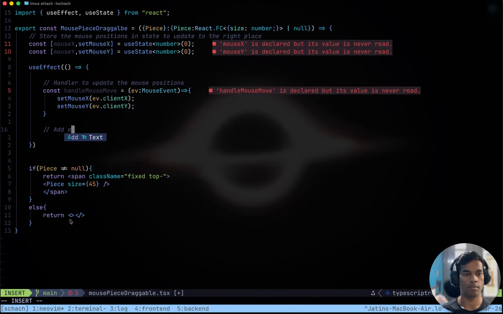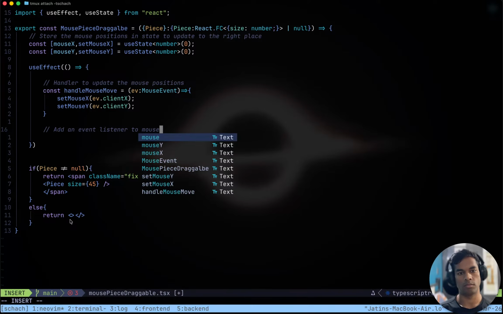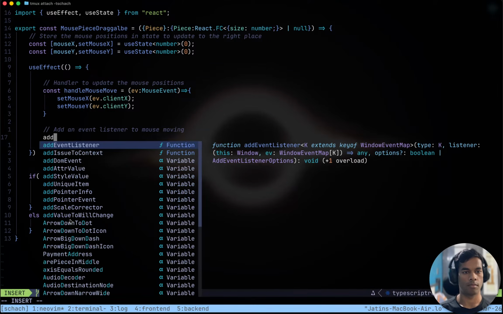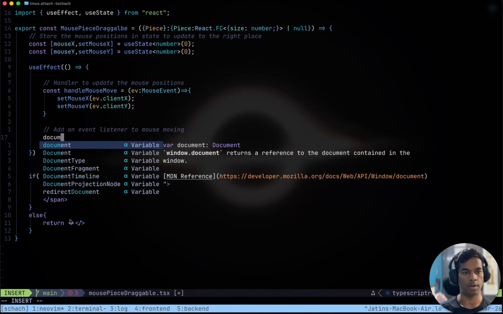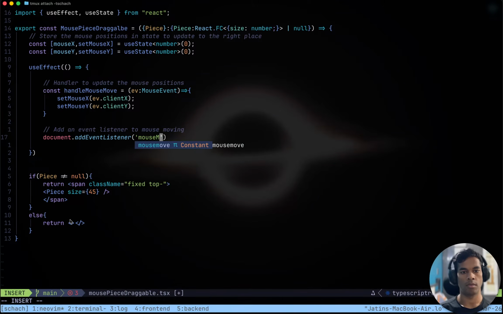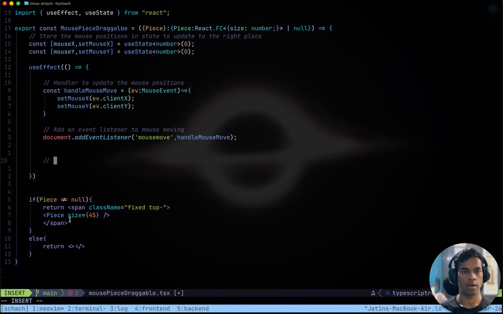And an event listener to update mouse on mouse moving. Document add event listener mouse move, handle mouse move, and remove event listener on page removal.